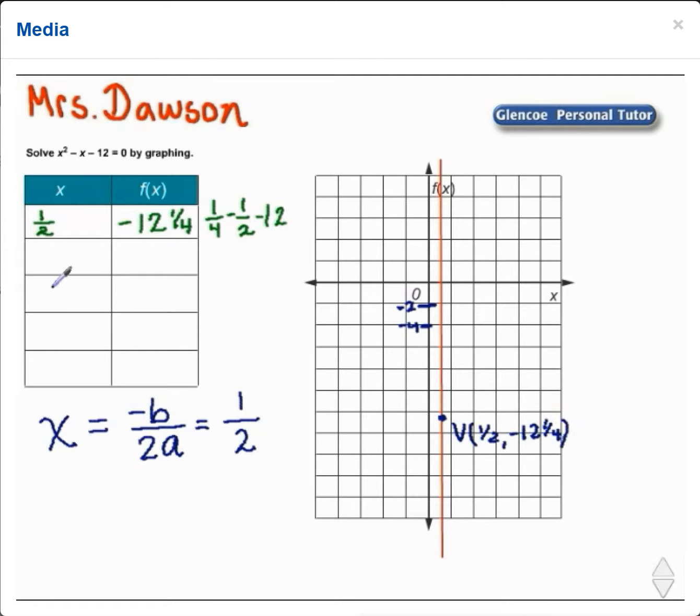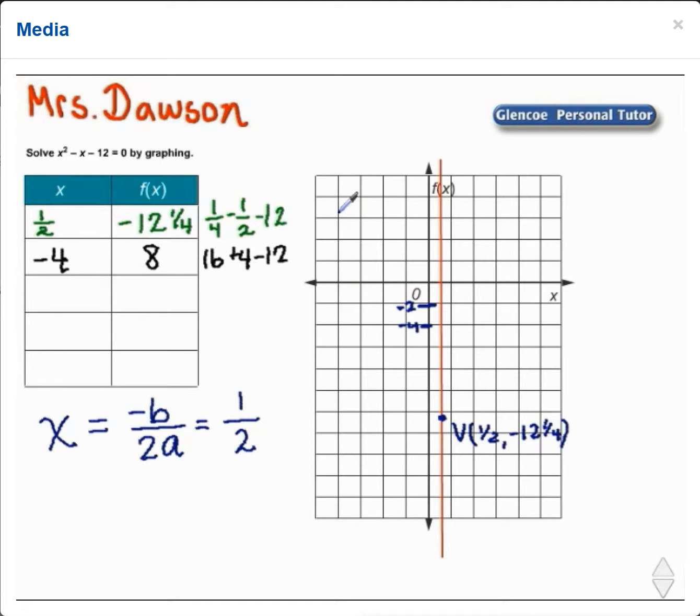We'll need several other points for the parabola. So how about x is -4? The square of -4 is 16, minus -4 is the same as adding 4, and then subtract 12. So we have 20 minus 12, which is 8. Let's plot that point. So -4 on the x, 1, 2, 3, 4, and 8 on the f of x,